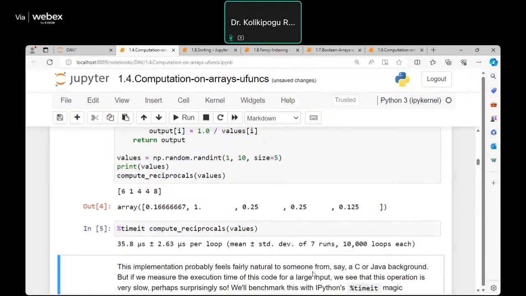You can observe here this reciprocal calculation of every element of an array took on an average 35.8 microseconds with a standard deviation of 2.63 microseconds per loop. That means totally it had 7 runs